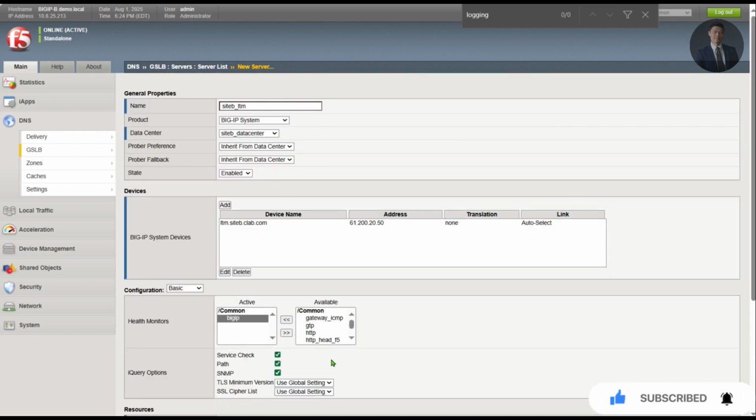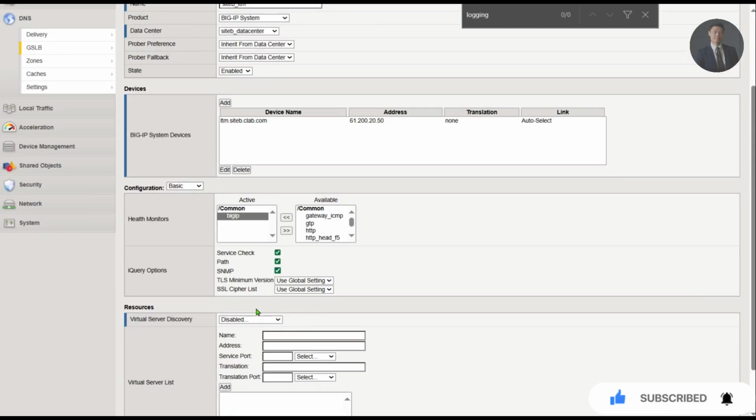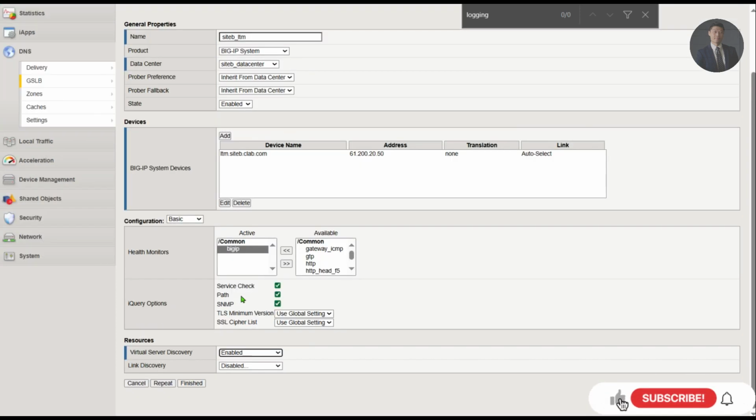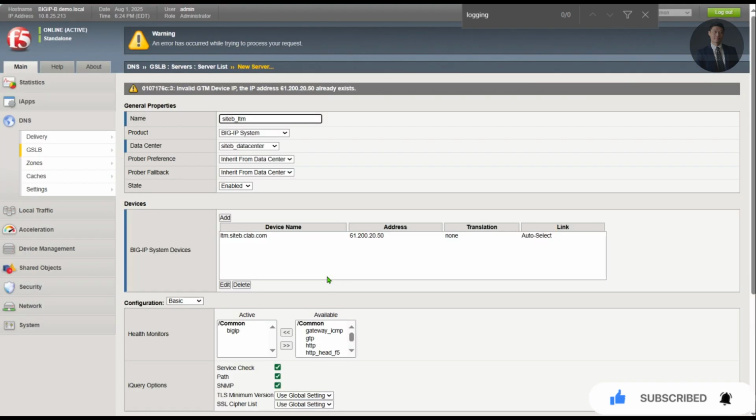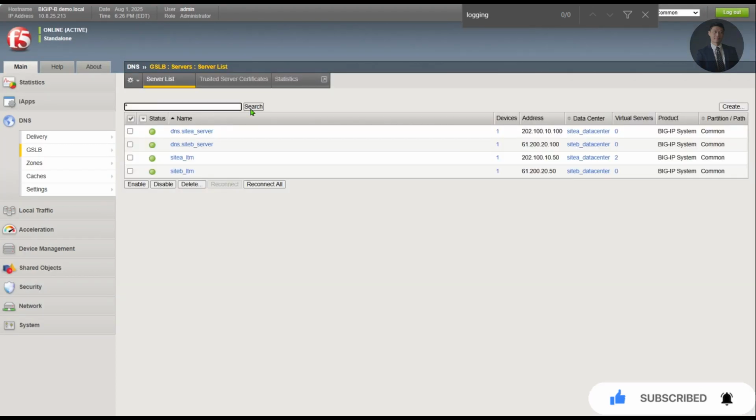We want to discover the virtual server, link discovery as well. Finish. So adding the site B LTM, we can keep it fresh a little bit till we both have two